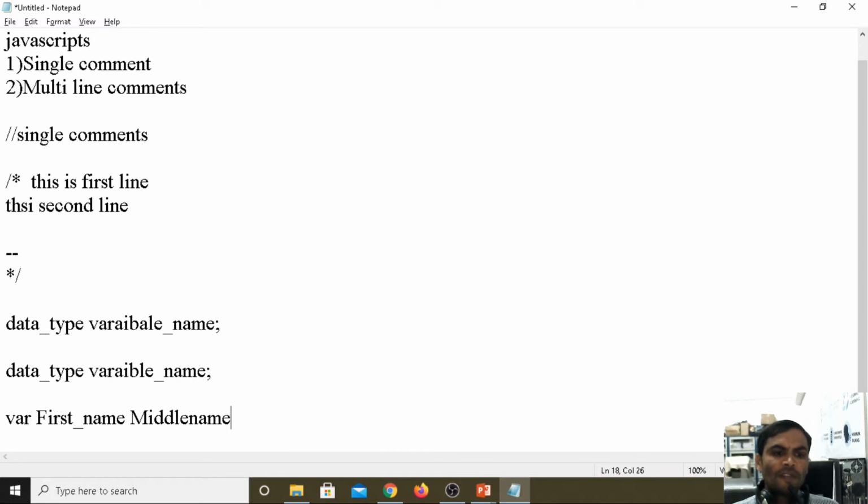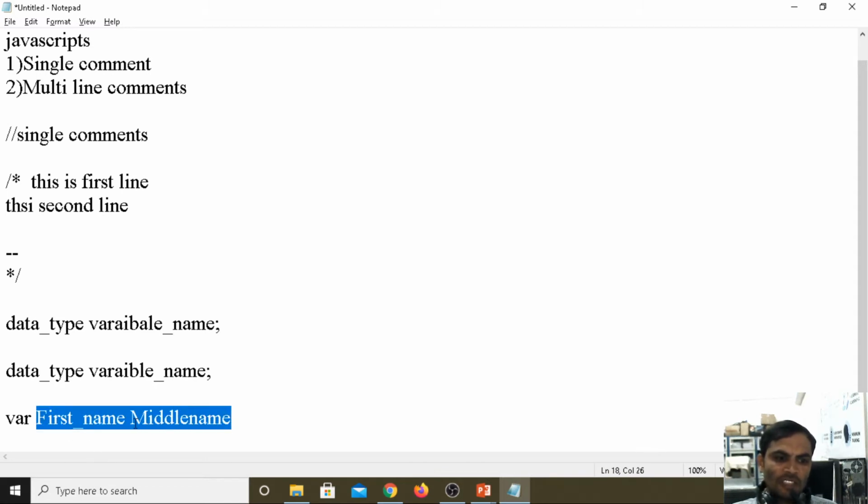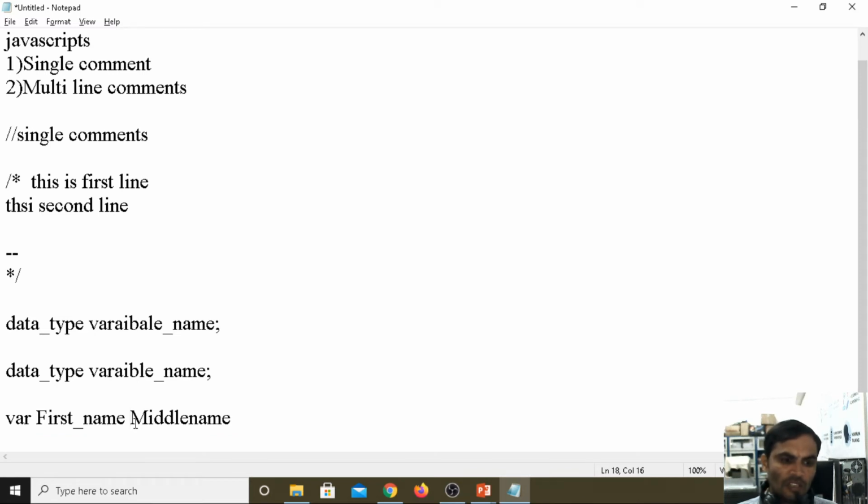For a variable we should specify only a single word. Between two words we can give an underscore for meaningfulness, like first_name, middle_name, and it will work.